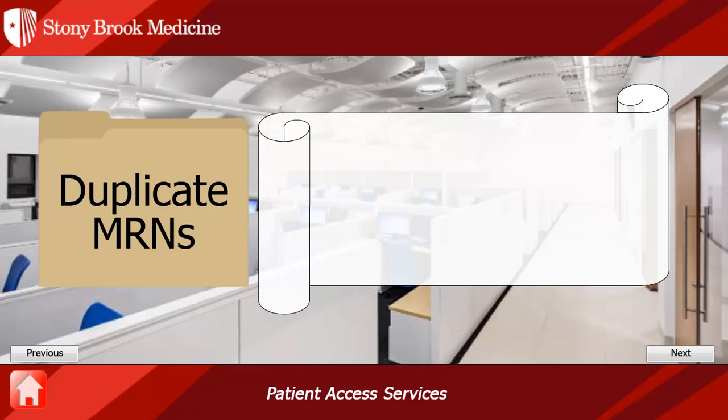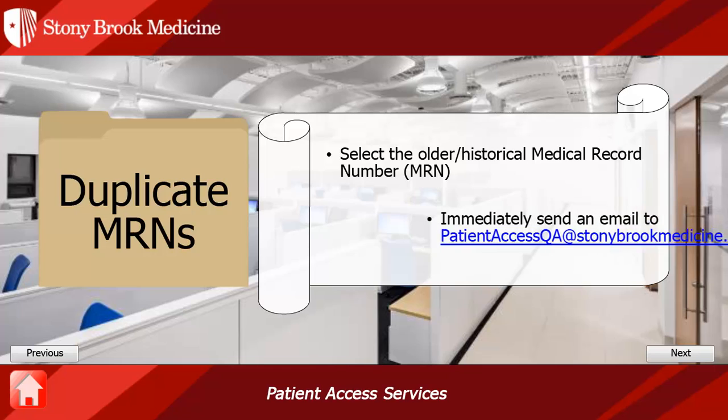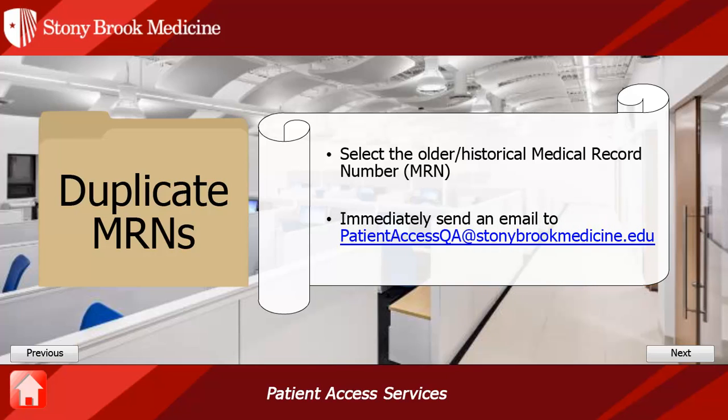Duplicate MRNs. If in fact you do find a duplicate medical record number, please always remember to select the older historical medical record number, not the most recently created MRN. After identifying that a duplicate MRN in fact exists and that both medical records are the same patient, please immediately send an email to the following address: